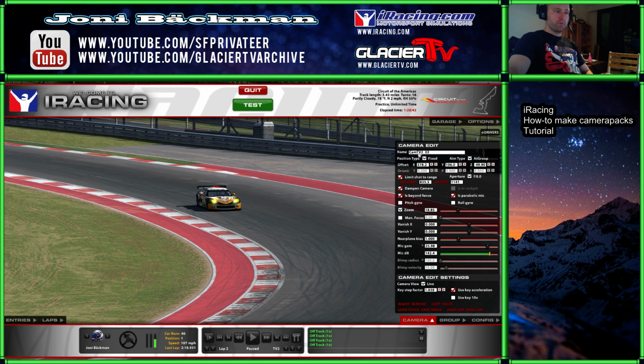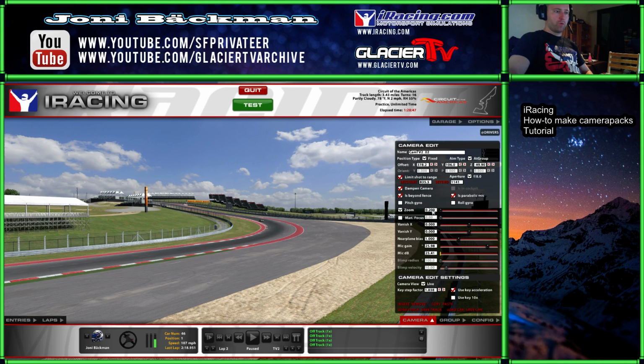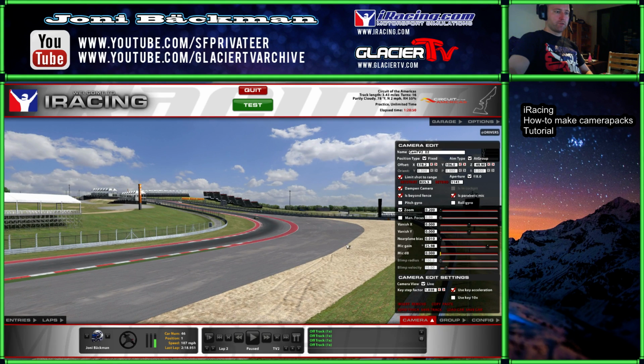I rename it over here, and then I pull the zoom to minimum always. Near plane bias to 0 because that gives you the realistic view. And then I start moving the cameras to certain positions. So that's my advice: always use minimal zoom and near plane bias set to 0 when you're positioning the cameras. After the cameras are all positioned correctly on track using the set start and set end values, then play back one full lap using those cameras,